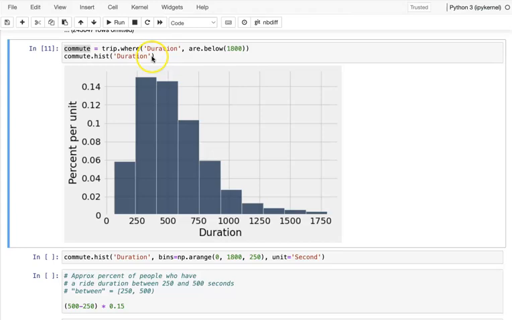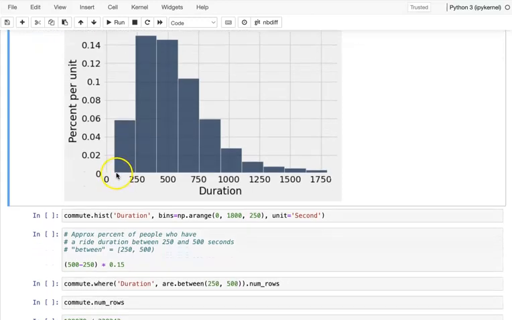Before, with the histogram, remember we created the bin. But here we're just using the histogram, so Python will choose the default bins. So you can see here they are 0 to 250 seconds and 250 seconds to 500, but they are not exactly those values. So if we want to know the percentage or do more, the data is not so organized. So how about we just give them a bin?